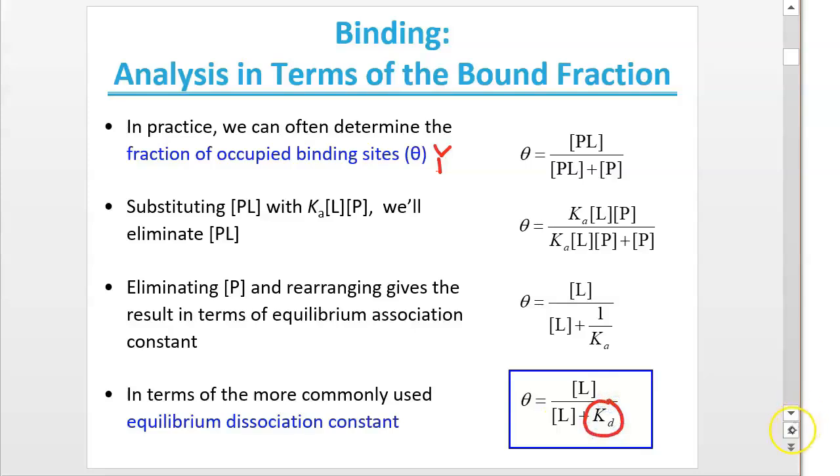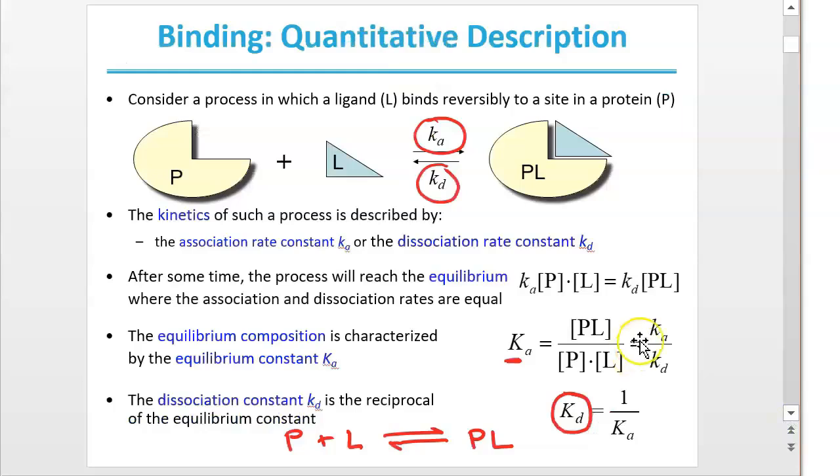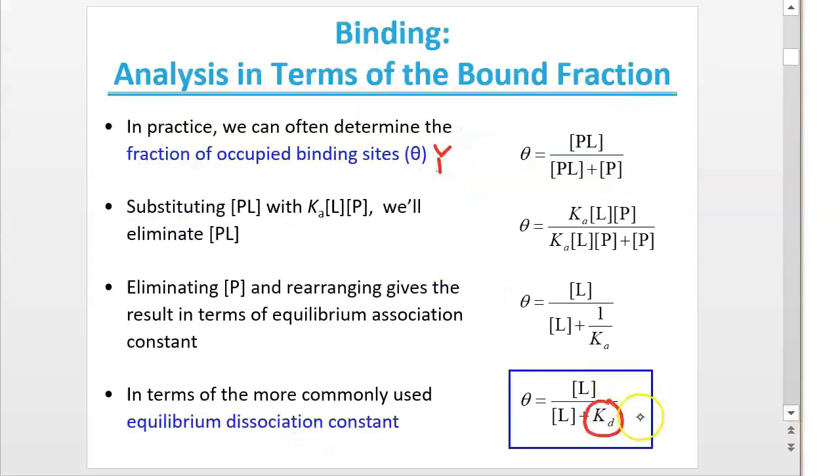You can see why that is. If you look at the equation for the equilibrium, if I invert this, you have P times L over PL. Two of those are molarities which cancel out, leaving one more unit of molarity. So the dissociation constant is going to be in units of molarity, or typically micromolar or nanomolar, some really small concentrations of molarity in the biochemical range of concentrations.